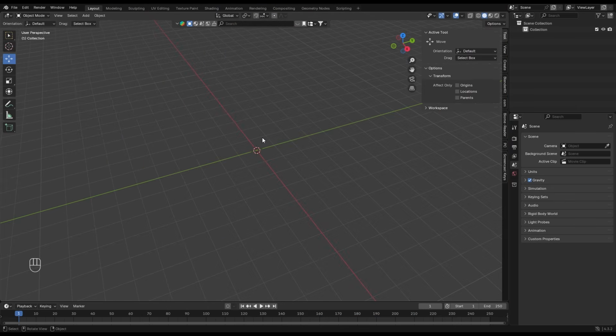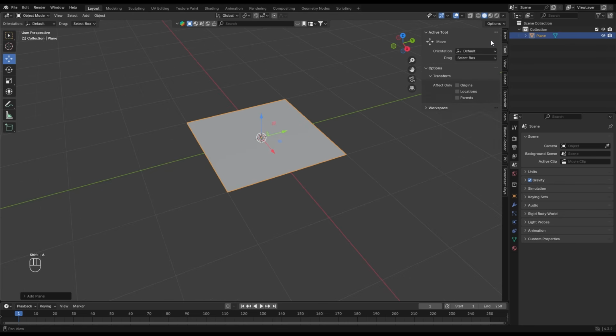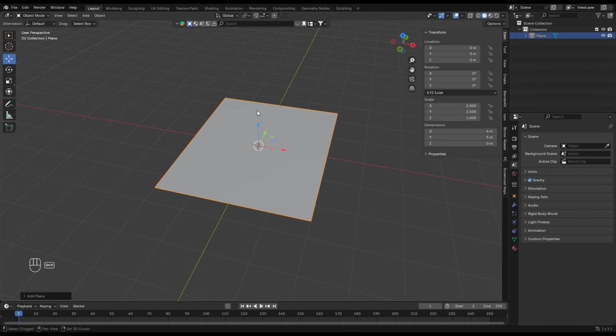So first of all, let's create our floor. Shift A, add a plane and make it around 4 by 5 meters in size. Now let's create our walls. So Shift A, cube, make the size of the cube 0.3